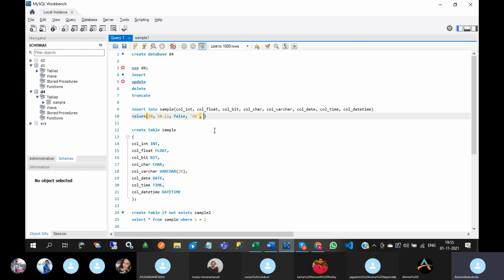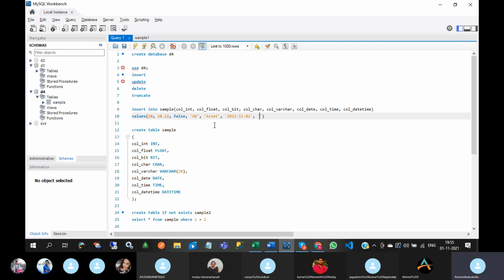Okay, what type of error we will get, we will see. Then col_varchar of 20. Then date, only date I have to give. Today's date is 11/01.